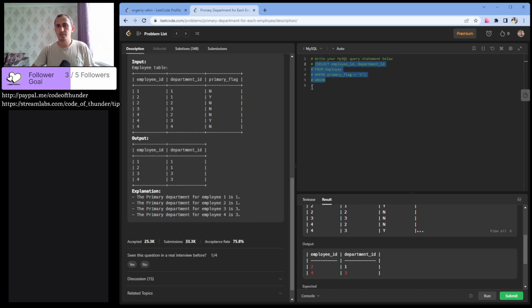And let's write a second query. Of course, employee ID and department ID, from employee. Now let's group by employee ID having, let's count.